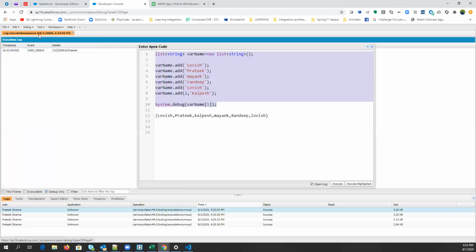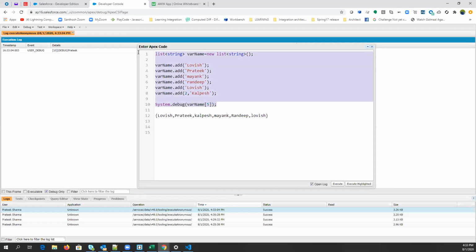Is that your question, Randeep? So if you want to check whether on index number 5 Lavish is there, just run it and check. You can see here it is capital L, and it is small l, right?